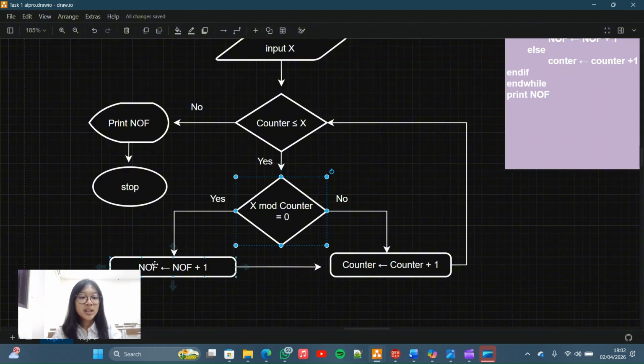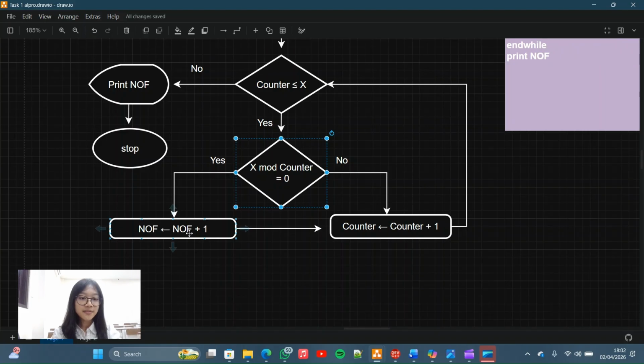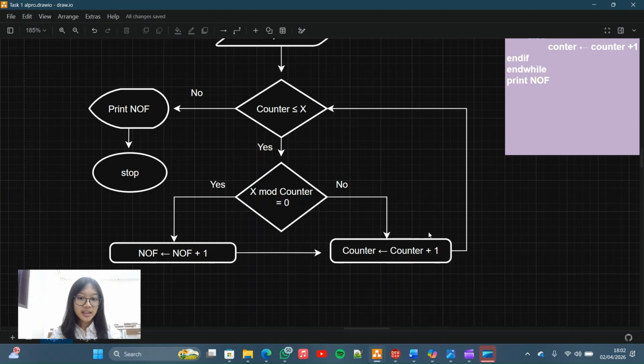If yes, we add 1 to NOF. Whether yes or no, we then add 1 to counter, and we keep looping until the counter is no longer less than or equal to x. Then we print NOF.